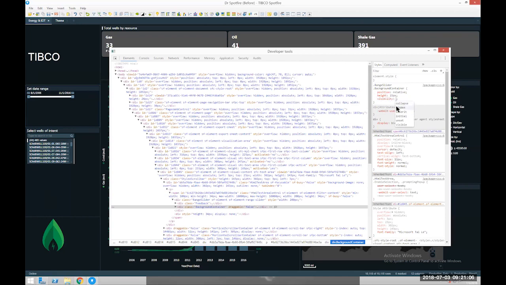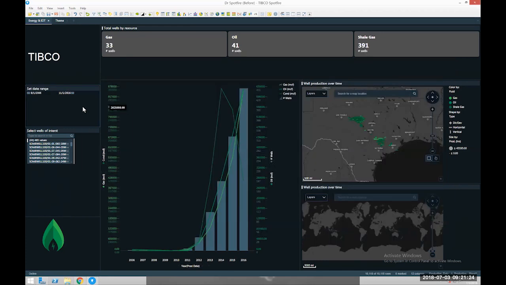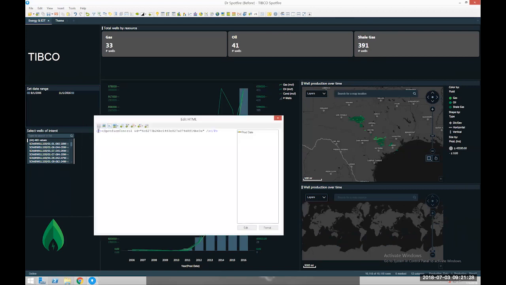So here I'm going to set the visibility. At the moment, if I set that to visible, it will still be there. If I set that to hidden, you can see it's disappeared. So I know that's the right setting. So if I select this block of text, I'm just going to close the menu down. I'm going to right-click on my text area and click on Edit HTML,